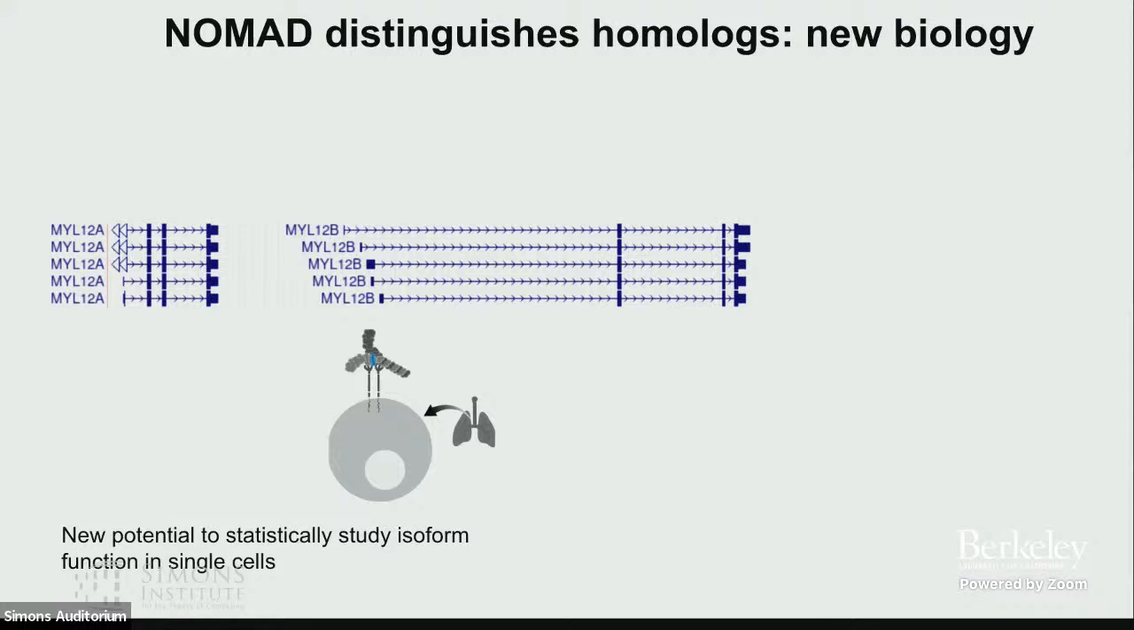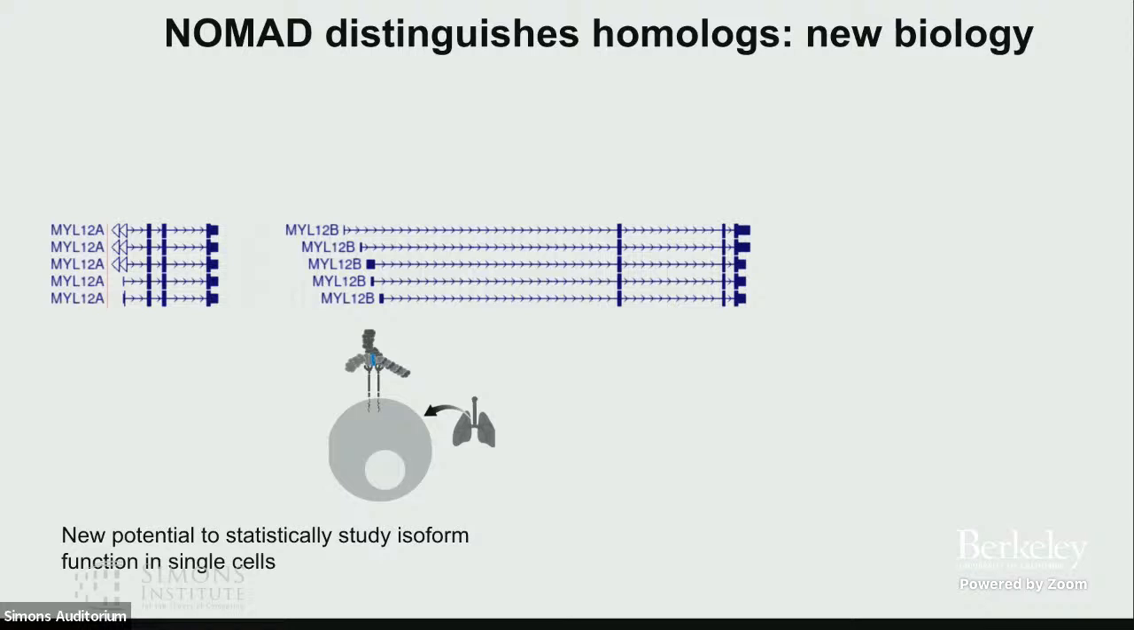Okay, the last minute or two, I'm going to give you a final snapshot of NOMAD's application to human single cell biology. One of the major mysteries of the human genome, and one that has been very difficult to study with alignment-based procedures, is why there are gene duplications and whether they have functional differences. Here's an example of a gene that has this feature, MyL12, which has 95%